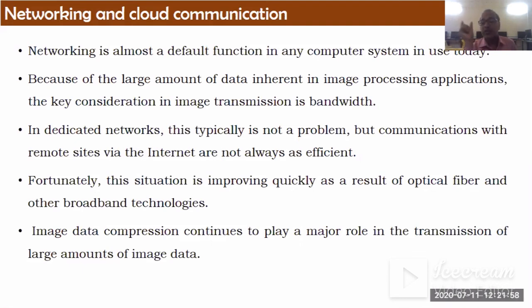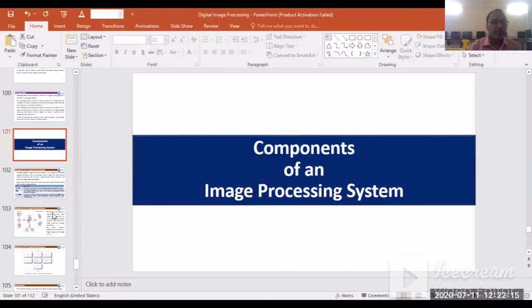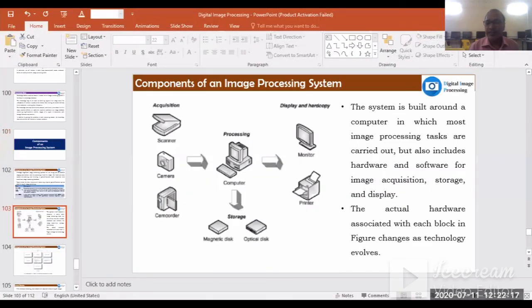So one of the important solutions is that you can compress the image and you can send that image through the network. So these are the different parts. So all these are the different parts of the image processing applications. Okay. So here these are the components of image. So we discuss all these image components.